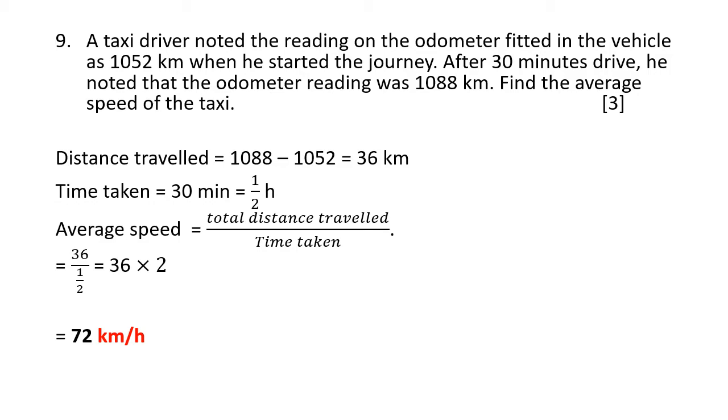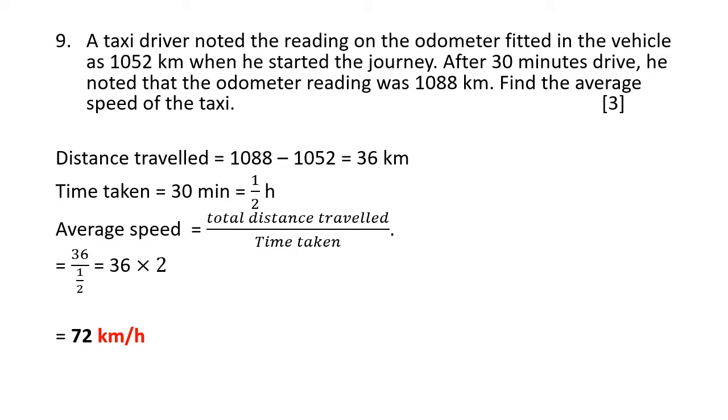Now I can find the speed in two ways, meter per second and kilometer per hour, and I have done in both the methods. So here I have taken the distance traveled is 36 kilometer. Now I want the time in hour. So time is 30 minutes, which is actually half an hour. Yes, you divide 30 by 60, so you get 1 upon 2. So 30 minutes is half an hour.